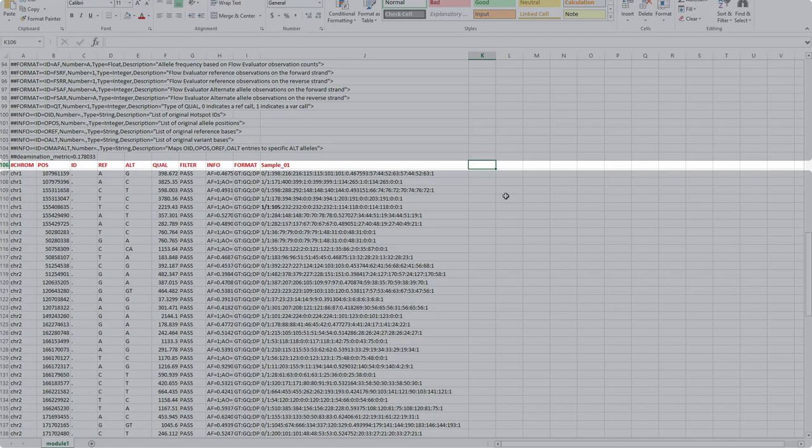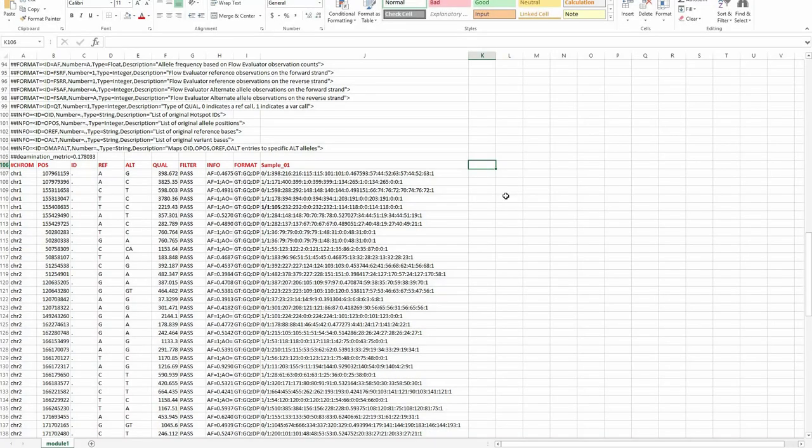The first 9 columns in the variant section, as highlighted in red, indicate the chromosome at which the variant appears, and the coordinate of the variant. ID indicates an identifier of the variant, such as an identifier from the dbSNP database. Ref indicates the reference allele at the position. Alt indicates the mutant allele at the position. Qual indicates the variant quality score.